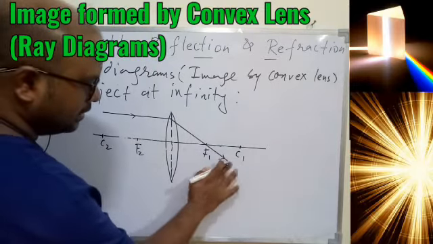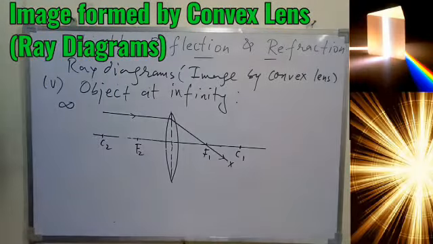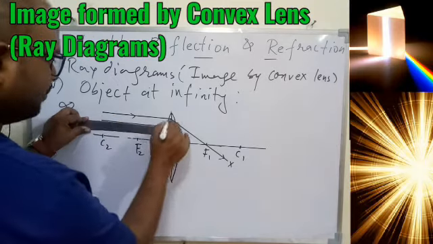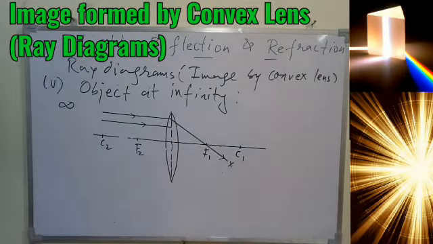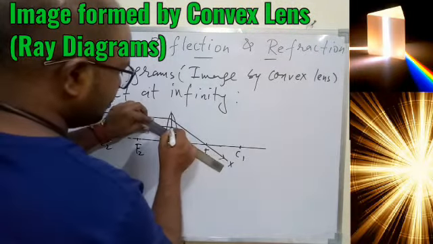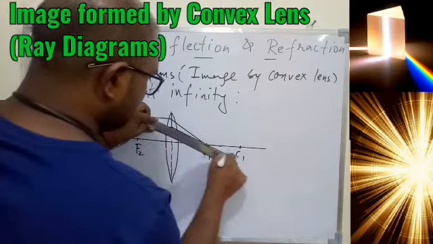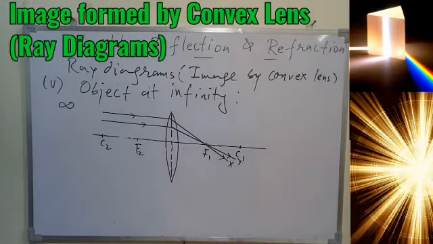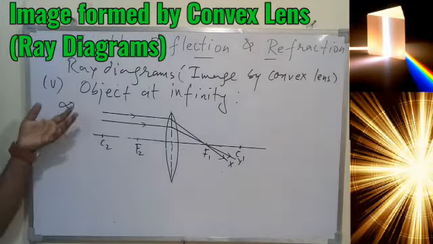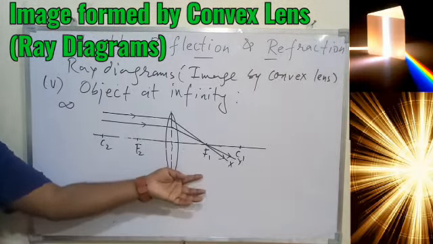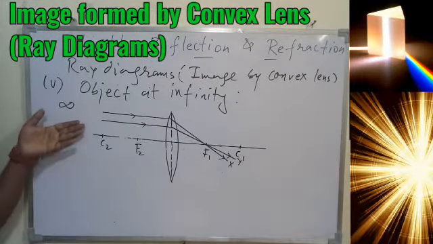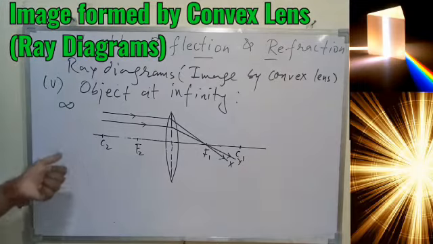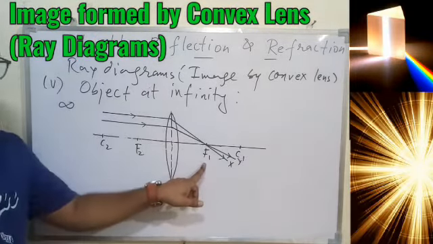This is my first ray X, and now another ray of light will again come parallel only, because object at infinity means all the rays will be parallel to each other. So what will happen to this ray? It will also pass through the same point, that is focus. So this is ray Y. If we take an infinite number of parallel rays, they will converge at the focus only, that we know from the concept of the focus. The rays parallel to the principal axis converge at the focus, and that is how we got the definition of the focus also. So here we understood simply that since the rays will finally converge at focus, it will form the image at focus only.